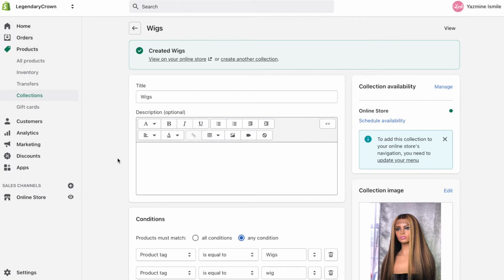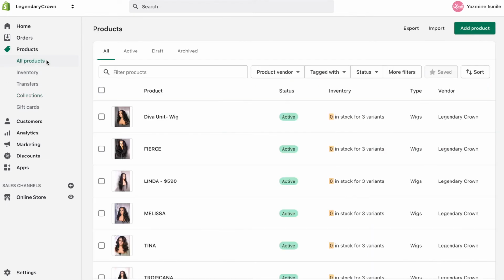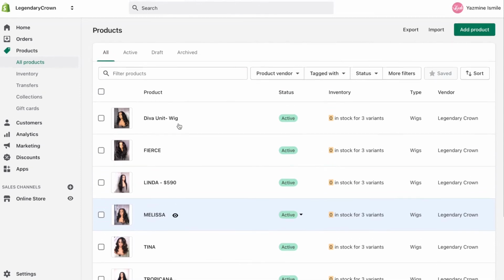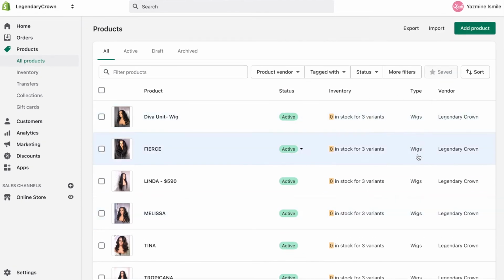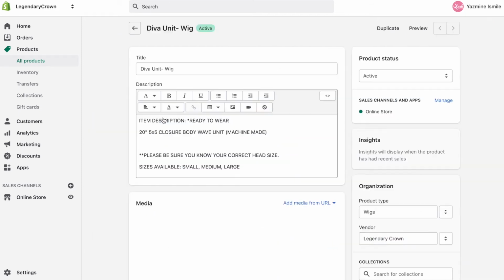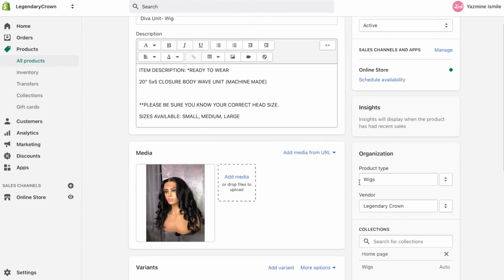Okay, so we head over to the products, and I will select any one to show you exactly what I mean by the tags and types and how that is affected and how that connects to the collection. So I'm just going to pick the first one to show you. As you can see where it says organization,